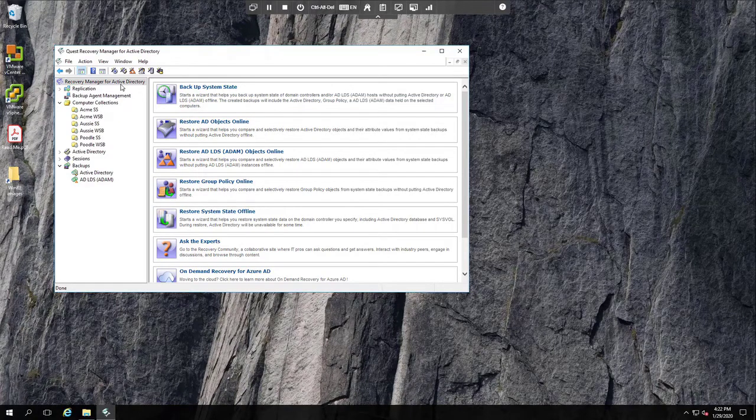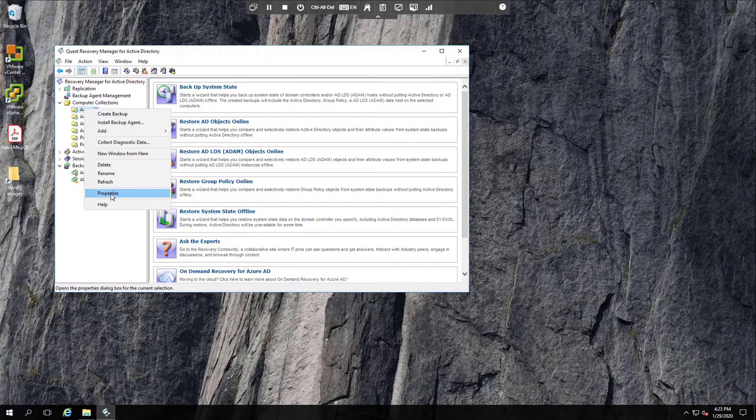Now you'll notice here in my standard console, I've created some computer collections. Before you can ever create a forest recovery project, you need to have backups. And so I've created collections to create both system state backups and Windows Server backups. That's what these symbols are at the end of each of my domain names. I do this either by clicking on this backup system state wizard, or maybe the easier way is to right click and say create collection. And then when it creates a collection, you can get all the properties.